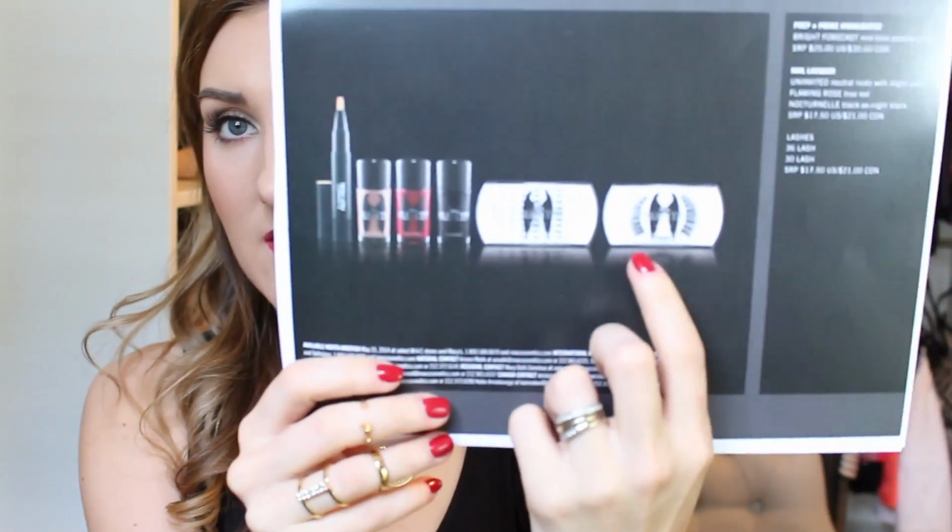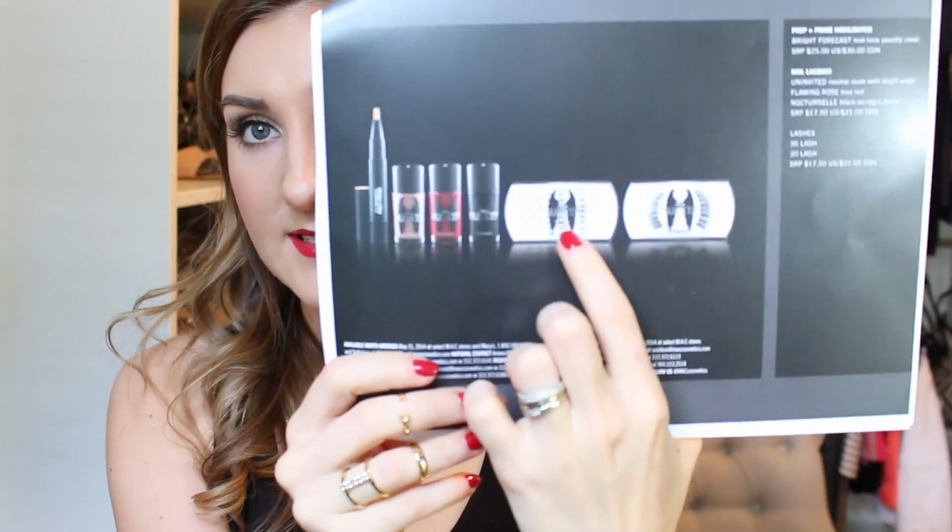I think I have that one somewhere. I do have that one in my drawer. And then a nude nail polish and a black nail polish, and some individual lashes, the 30s, and then the 36 lash, which is my favorite lash, but it just is in the Maleficent packaging. So pretty much everything that was new to the collection or that was new colors they sent me,